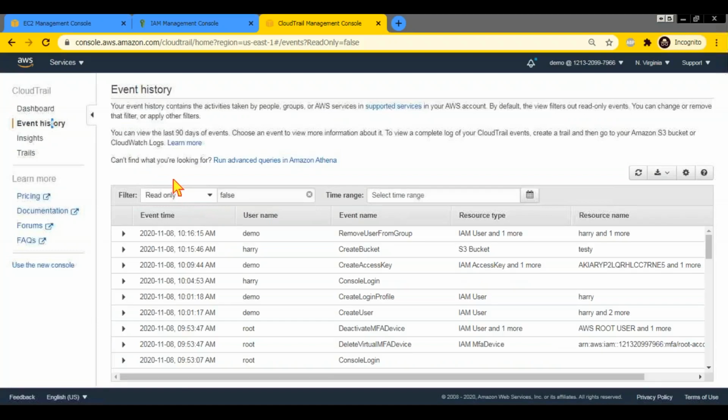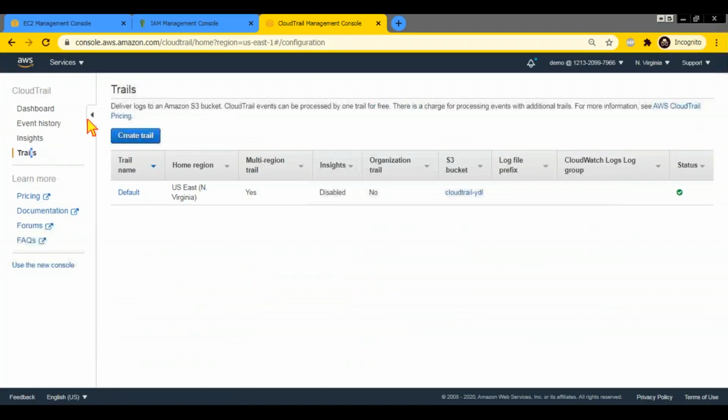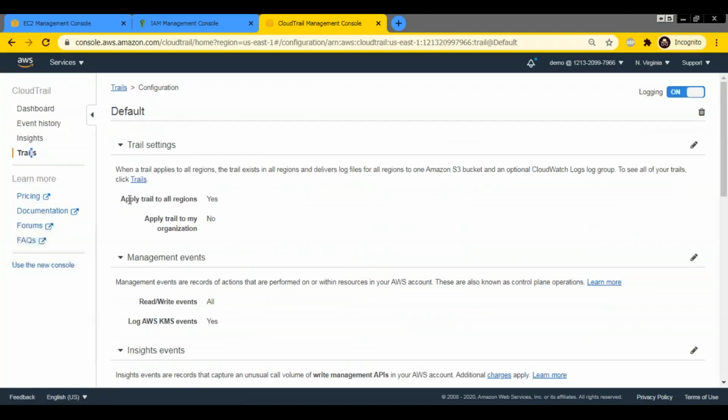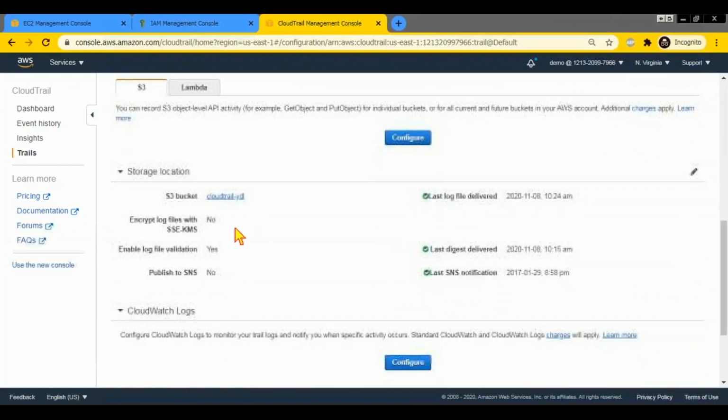If you want older data, then you need to save it in an S3 bucket. When you create a trail, or you have your existing trail, you can go and store it in an S3 bucket. Here you see I have specified an S3 bucket so that I can use it for logging and auditing purposes. In future, if somebody wants to see who is doing what, or some issue happened, they can go and see the older logs. So older logs, if you want to store them, you store them in an S3 bucket.